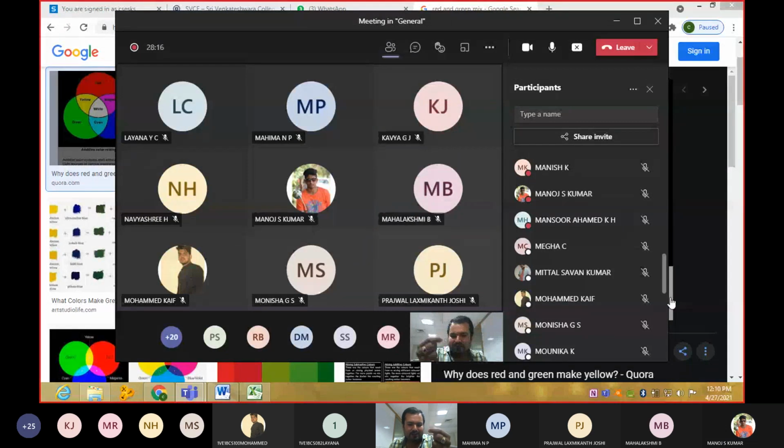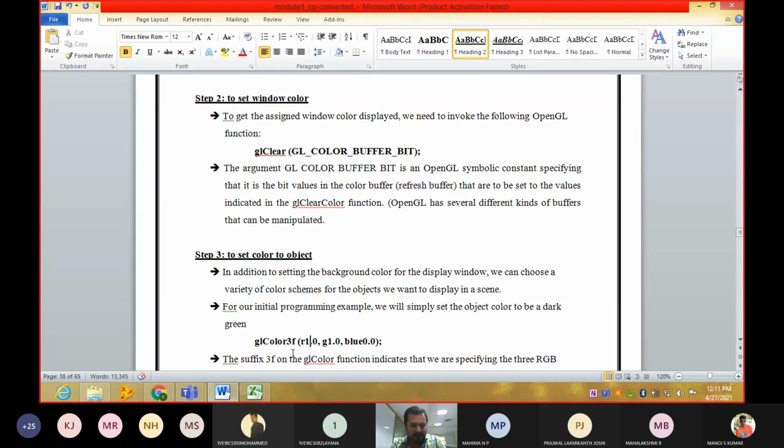What we can do is take half of red and half of green and half of yellow also. See here, I cannot give 3i here, I cannot save it as 3i, and I cannot give decimal values here, like 0.5. Will this piece of code work?